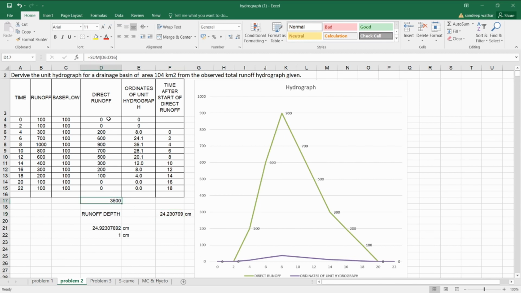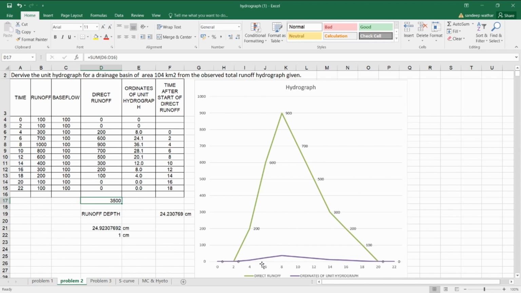Now what we'll do is take the sum of all the ordinates of direct runoff, okay? So I have calculated here the sum of all the ordinates of direct runoff. Now this is represented in terms of meter cube per second. Now assume I want to calculate the volume of water that was flowing in any interval. This is a 2 hour interval, okay? The ordinates are measured at every 2 hours, so you measure first at 2 hours and then you go for the 4th hour.